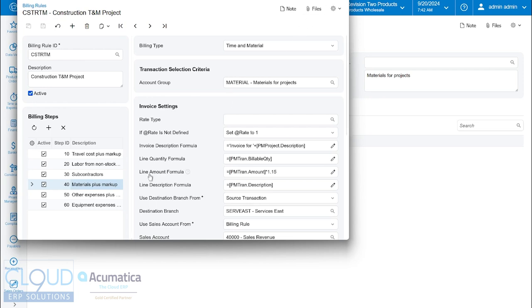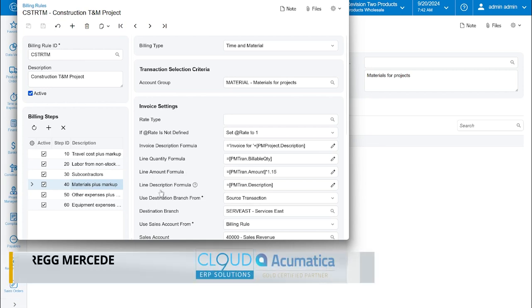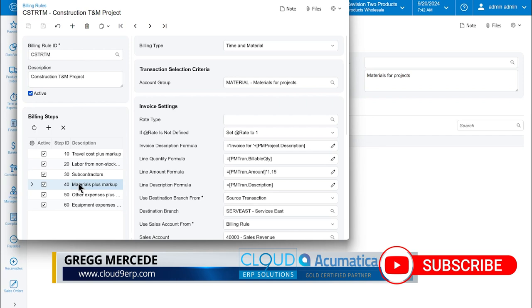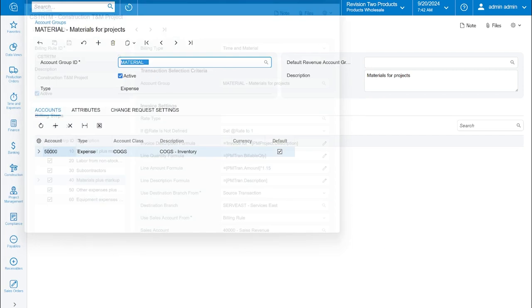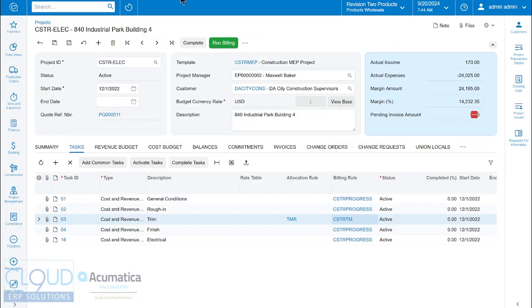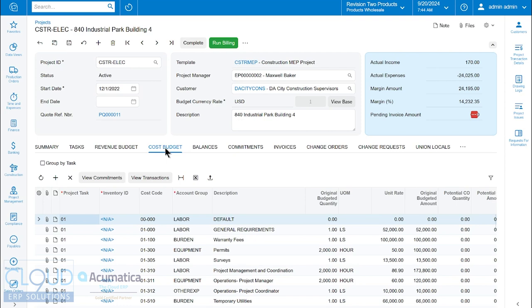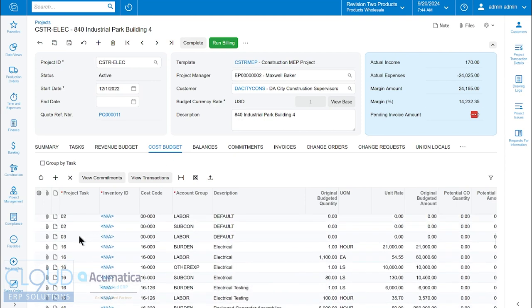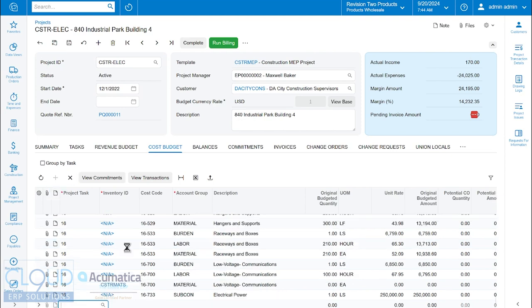So we could either do one of two things. In this scenario, how we're demoing it, we could either make it the subcontractor, or we can change it to a materials invoice that we're going to bill for and make sure that there's a zero cost code. So if we go back and we take a look at our cost budget and we scroll down, you can see we have a task 3, but it's for cost code 0 and it's labor. So if we wanted to, we can add a new one, 03. The cost code is all zeros. And we'll add our materials. We could put a budget in there,